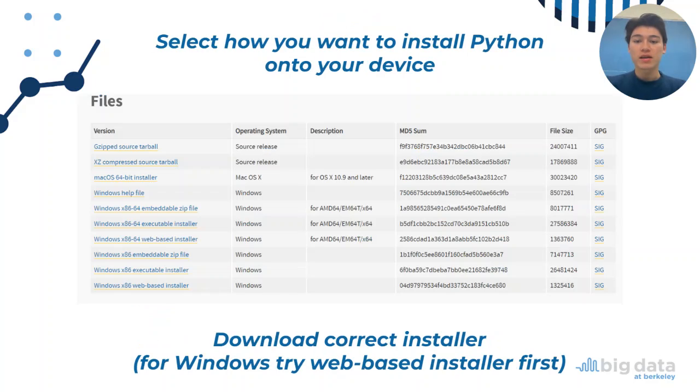Next, we want to select how we want to download. And for Windows users, we want to first try the web-based installer. This should work for you, but if it doesn't, then choose the executable installer. And you'll notice that there's two versions of each installer. And I won't get into the details of it, but they're for different CPU sizes on Windows computers. Just to be safe, let's click the installer that has